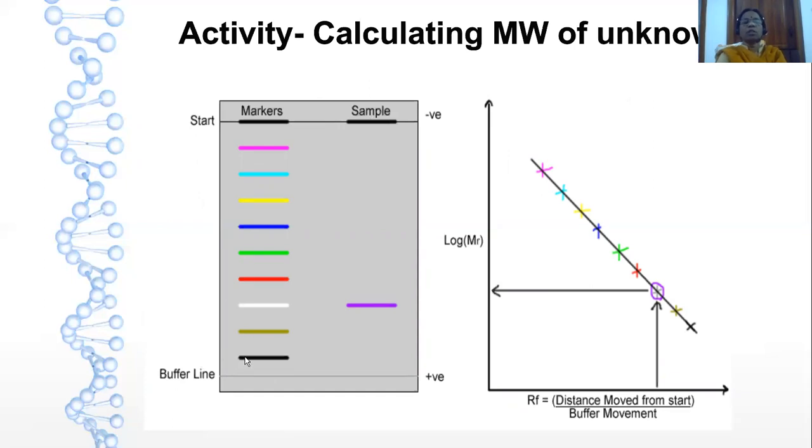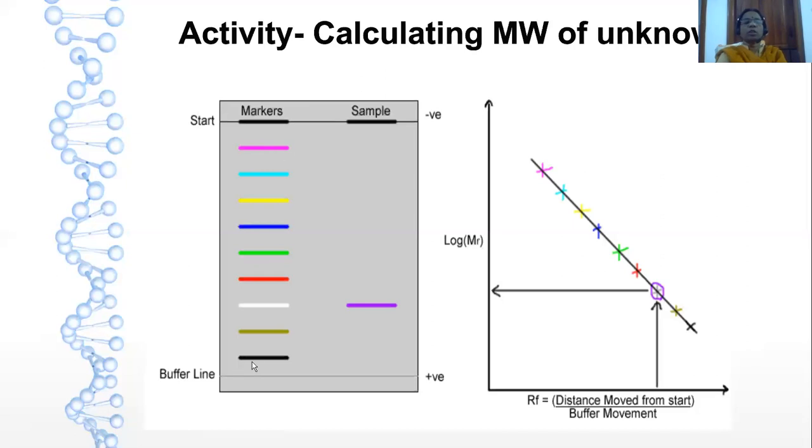If it is DNA, we have loaded the sample here and then it starts moving. This tells us that the molecular weight of this sample is much less in comparison to the band which is on the top. That band has a higher molecular weight, greater size, and a larger fragment. If it is a protein, then its molecular weight is higher than this.